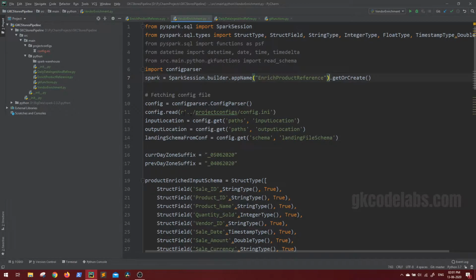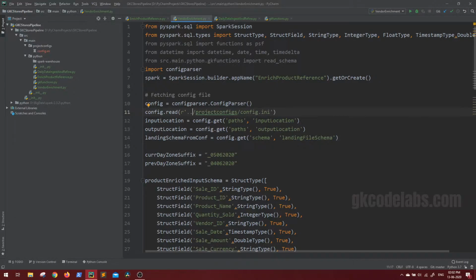Next, what we have to do, the config file path. As you can see right now we are giving the relative path from inside the project directory, and on the cluster we can go ahead with that, but at least we should have freedom to execute the jobs from anywhere. So we have to give the absolute path for this config.ini. Right now I am not giving it, because if I give the absolute path related to my Windows machine, there is no point, because we are going to run in cluster. So once we push this job to our cluster, then we will make these changes.